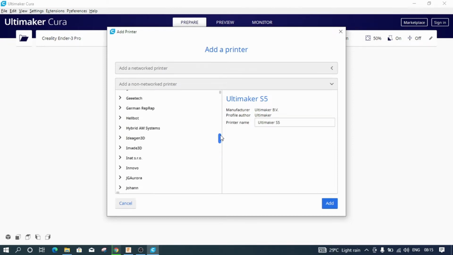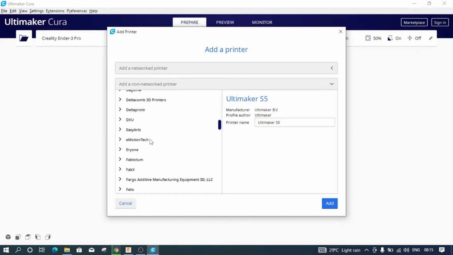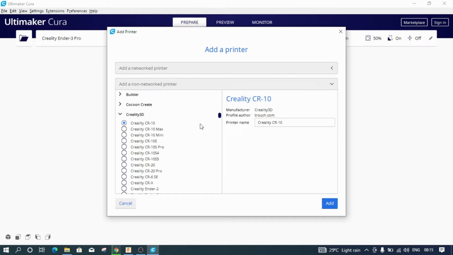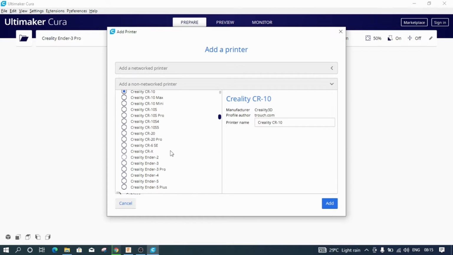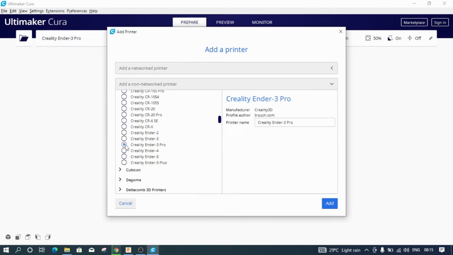As I am using Creality Ender 3 Pro, I will go ahead and click on Creality 3D, and inside of Creality 3D, these are the model names of the 3D printers. I will go down here and click on Creality Ender 3 Pro, which I am using. It doesn't matter, you can use whatever 3D printer you are using, but you need to select the right one to be able to get the right settings for your printer. And after going to this, click on Add,